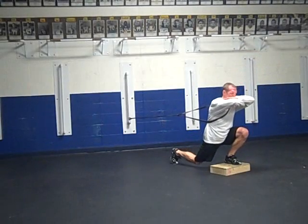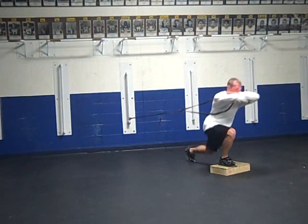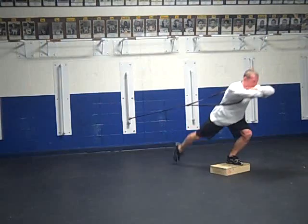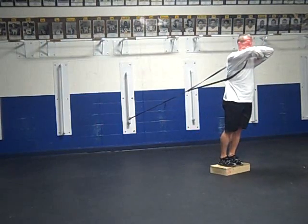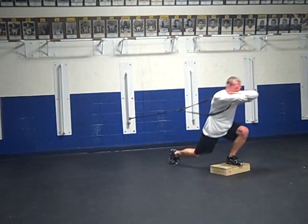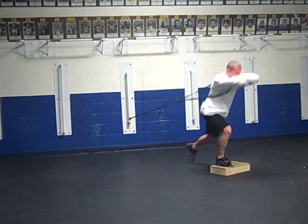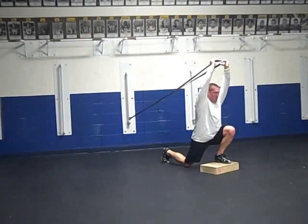Now, to increase range of motion, you take the same band setups, either the half harness hip setup or the overhead setup, and place yourself on top of a 4-inch box. Now when you reach back, you have to go through 4 inches of additional range of motion, which is not only going to increase hip flexor mobility, but it's also going to increase hip load as you have to drive